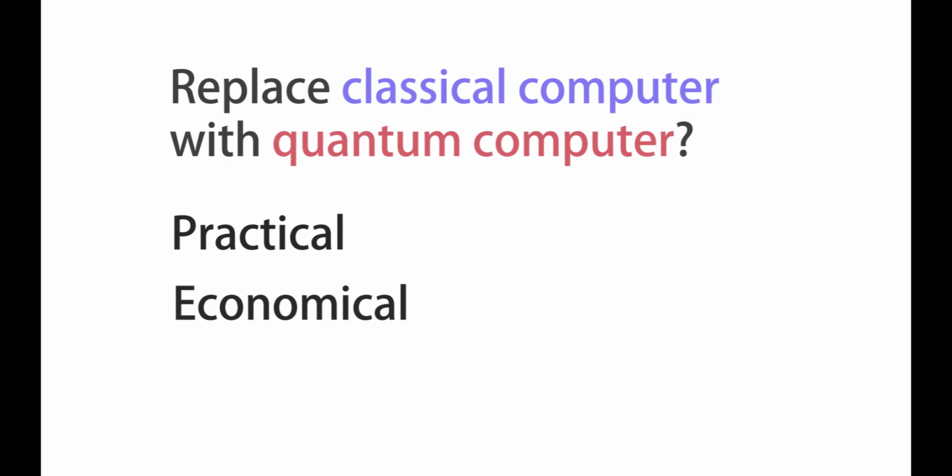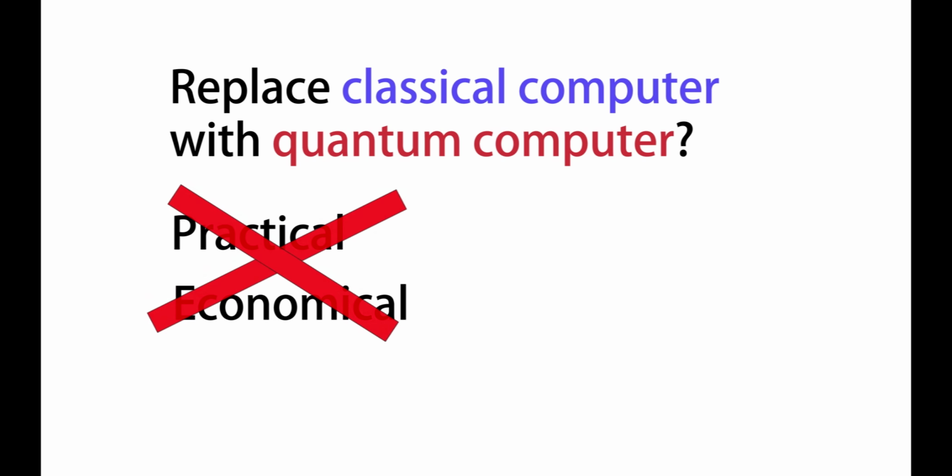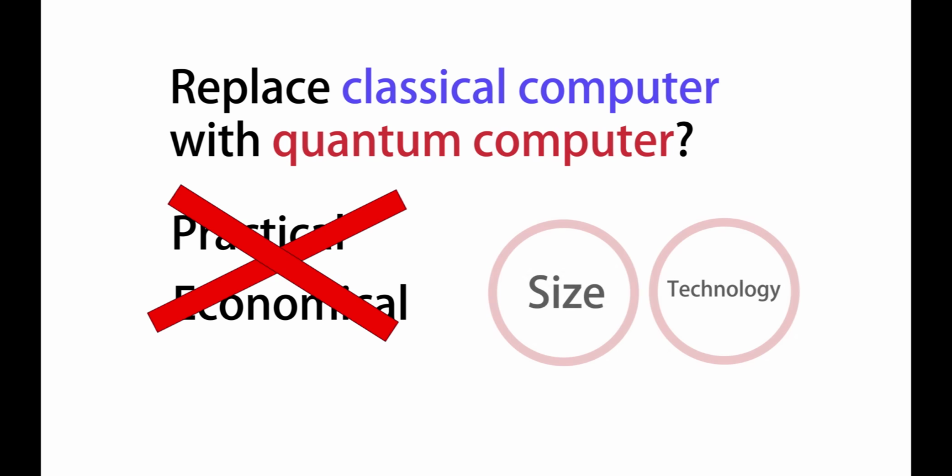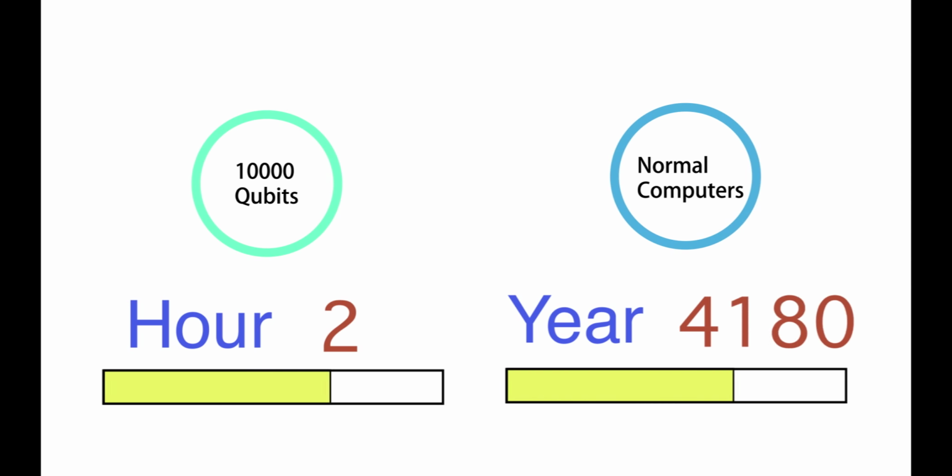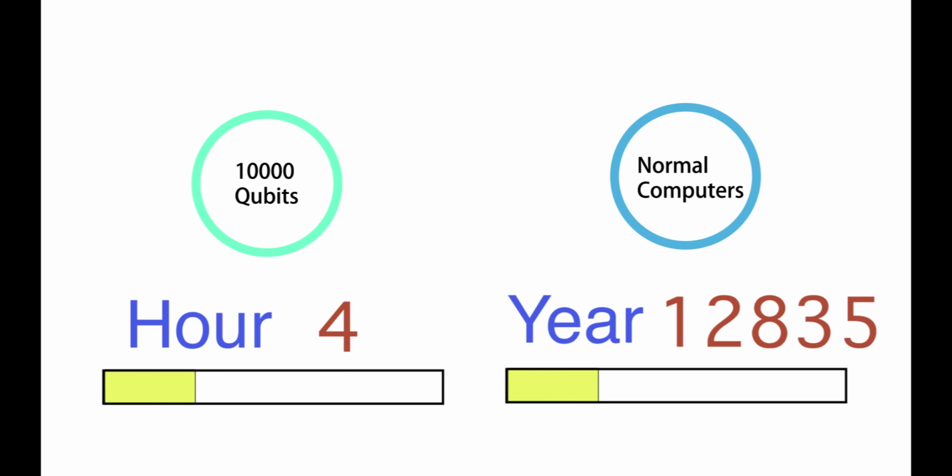Naturally, it will be neither practical nor economically viable to replace all classical computers with quantum computers, since they are almost the size of a room and with today's technology are nearly impossible to build. But the groundbreaking fact that only 10,000 qubits could solve some of the most difficult problems that would take millions of years to solve by normal computers could be processed in hours opens up doors to a vast range of